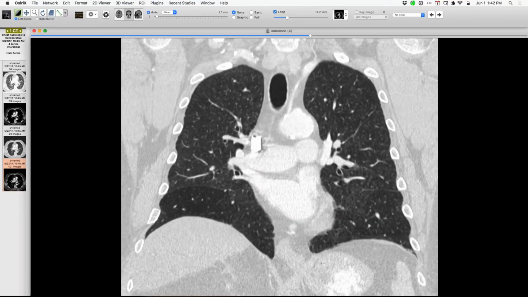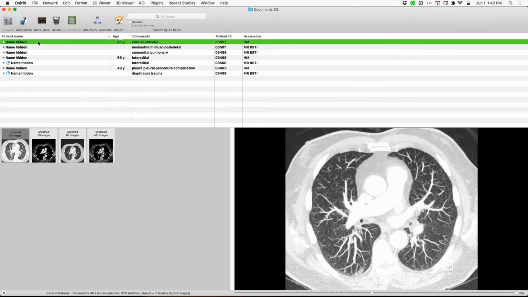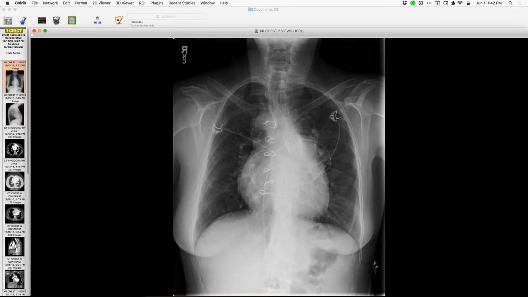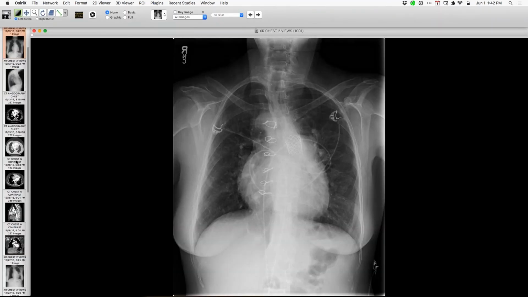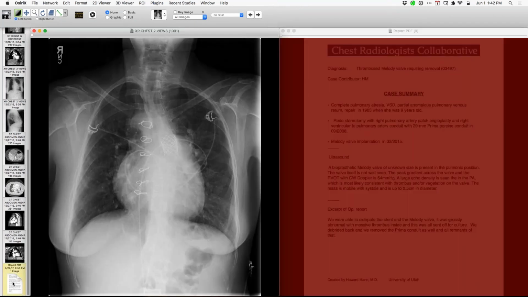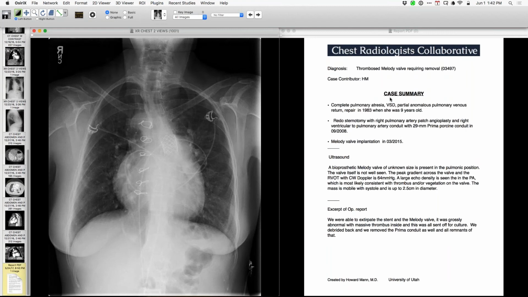All right, let me show you this one. This is a pretty dramatic case. So there's a long history here. Let me just bring up initially a chest radiograph, and I'm also going to bring up the history along with this. So this is a person, also just to remind myself, you can see the history here of this person with